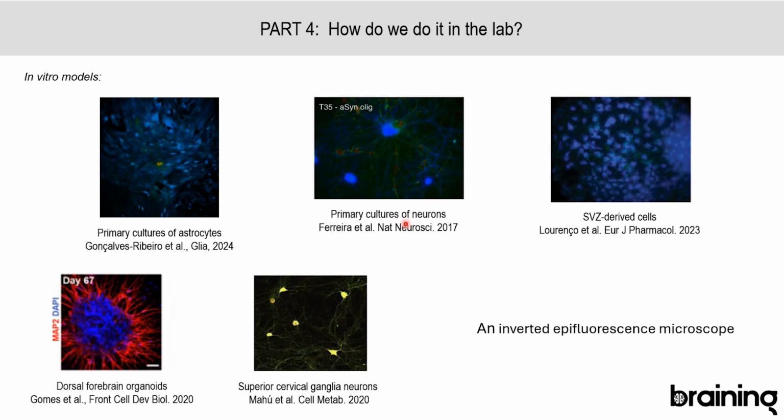But since we have this specific equipment, we are limited to performing our calcium signaling experiments only in cells that are in a monolayer in a specific plate. And because of that, we work with primary cultures or cell lines. Okay, so